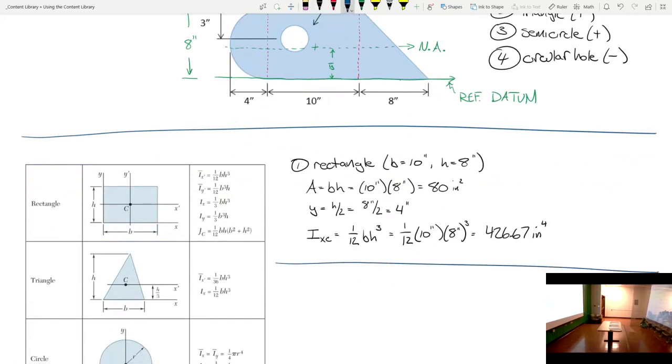So that's all we need for the rectangle, and just for posterity, I'll say here's our rectangle, 10 inches, 8 inches. Okay. Now we have our triangle, and for our triangle, I'll draw it over here. So what we have is a triangle that looks something like this, and this is 8 inches, and this is 8 inches, right? Because that's the height, and then this width given right here is 8 inches. So for this triangle, we know that